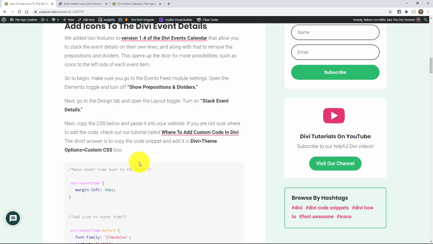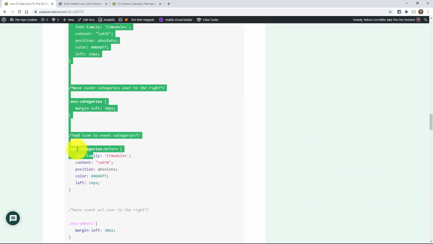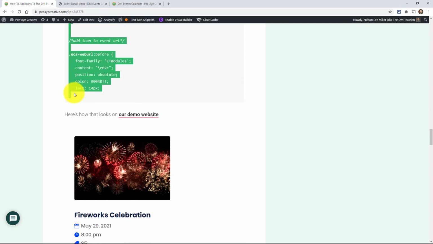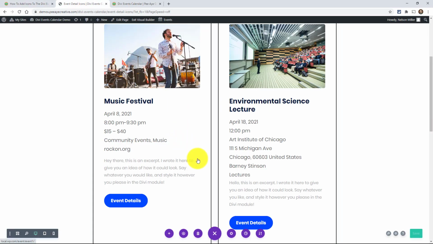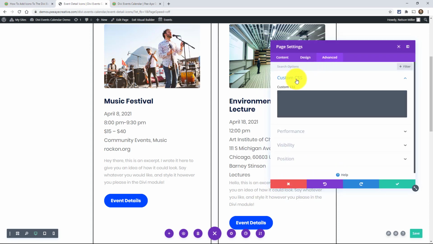Again, this is all linked in the video down below if you're watching this on YouTube. So we need to copy this whole thing. I guess it looks a little long, but it's not that scary. So let's just copy that and then go over to the website where you are working, and you can go into the page settings right here, and advanced tab, custom CSS, and if you paste it in there,